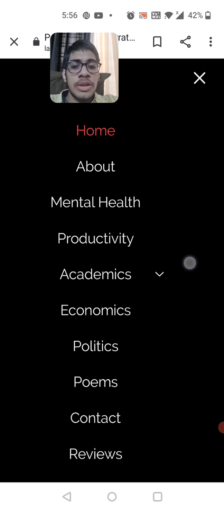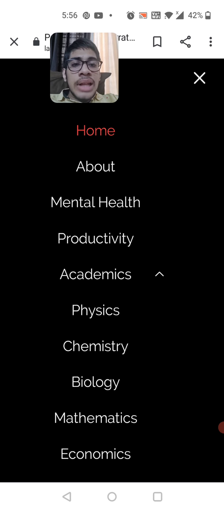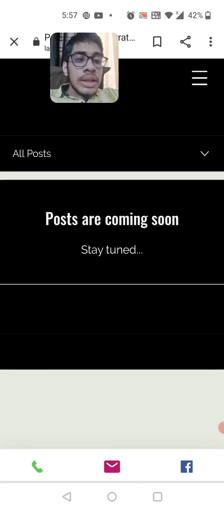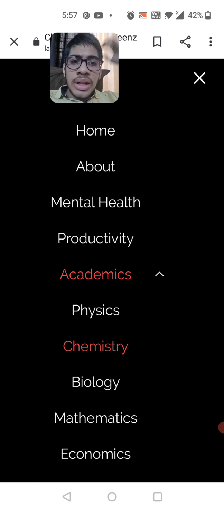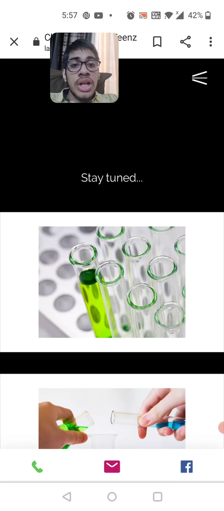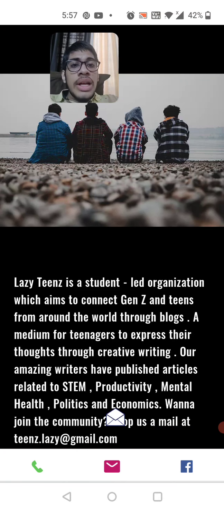All these are buttons that are linked to another web page. For example, I go to About. This button is linked to that web page inside that application, so this is an example of GUI.